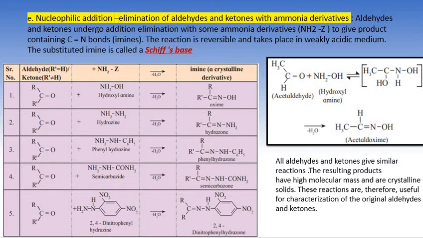After that, one water molecule will be eliminated from this adduct to give you the oxime, with an imine group. This is the imine group, carbon and nitrogen having a double covalent bond. The compound formed is called acetaldoxime. Now let's suppose we have a compound like acetone or an aldehyde undergoing reaction with hydroxylamine. The final product formed is called an oxime.